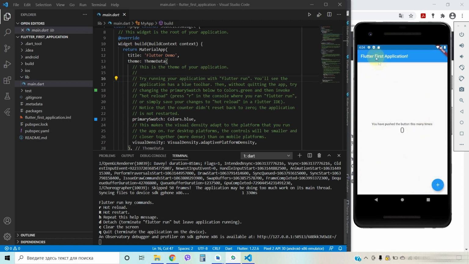Okay, fine. Below you can see Flutter key commands.